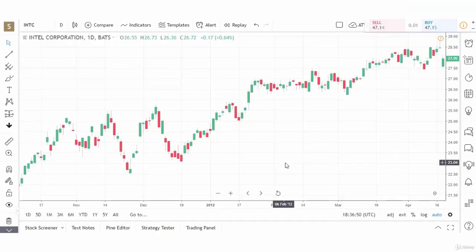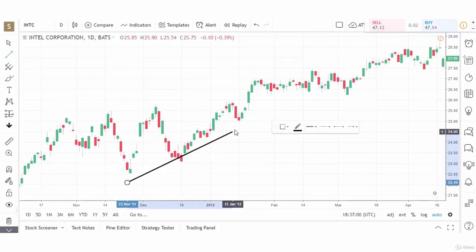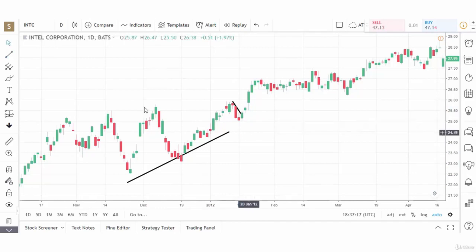Let's look at our first pattern, which is a flag pattern in the chart of Intel. Intel was trending up. So we have the stock in an uptrend. And we see a pullback in the uptrend here. That's the upper bound of the flag. And here's our lower bound